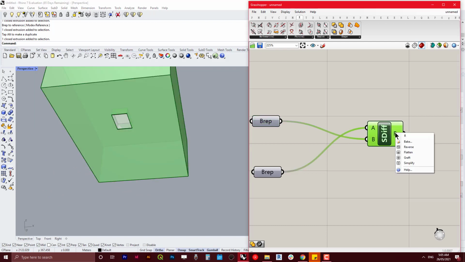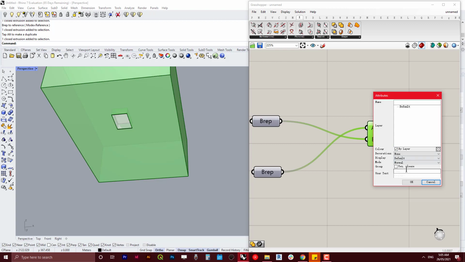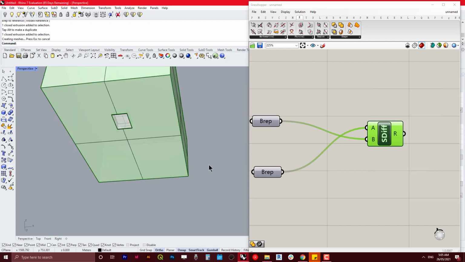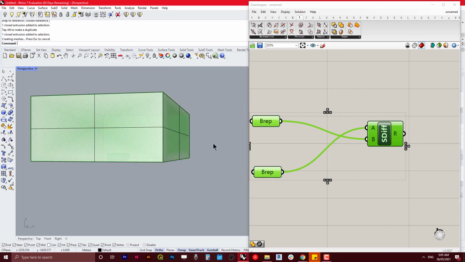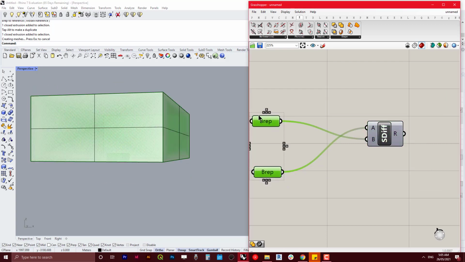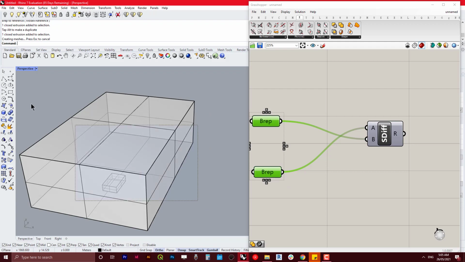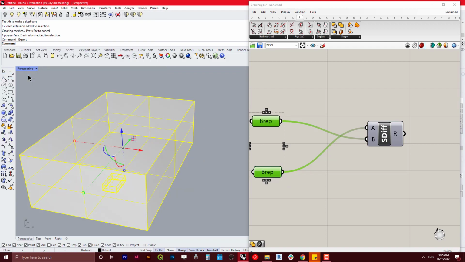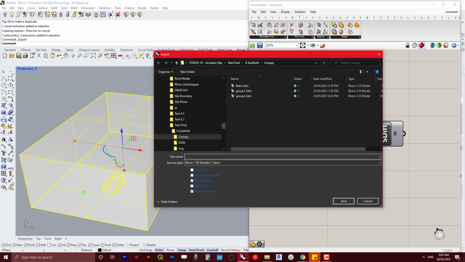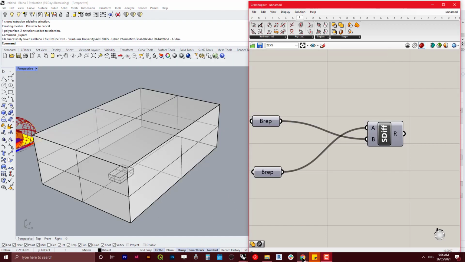What we need to do is bake it, also group it. It's always nice to have. Don't preview it, and then we can select that to export. Once we've exported that geometry as a Rhino 3DM model,